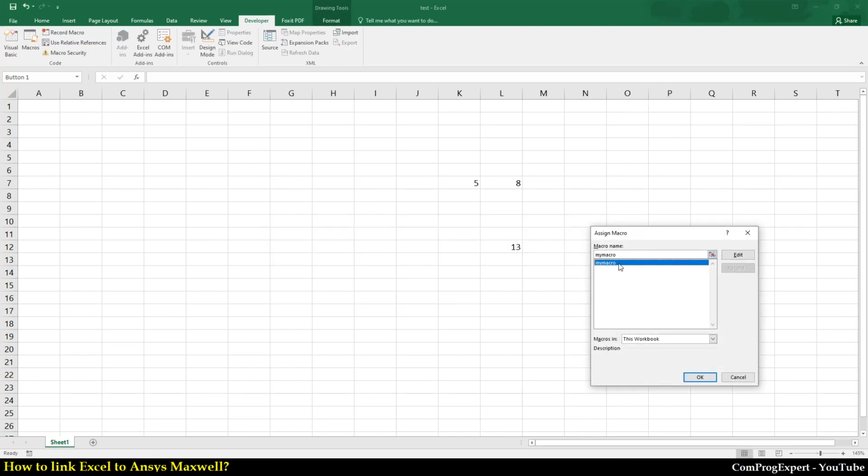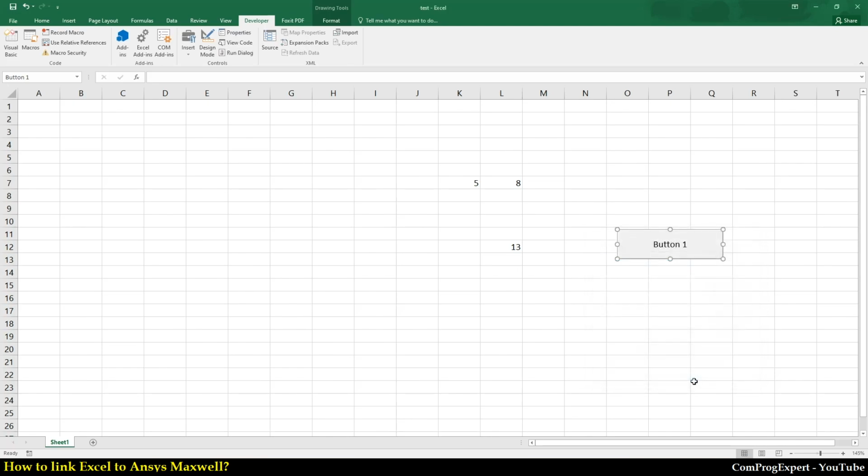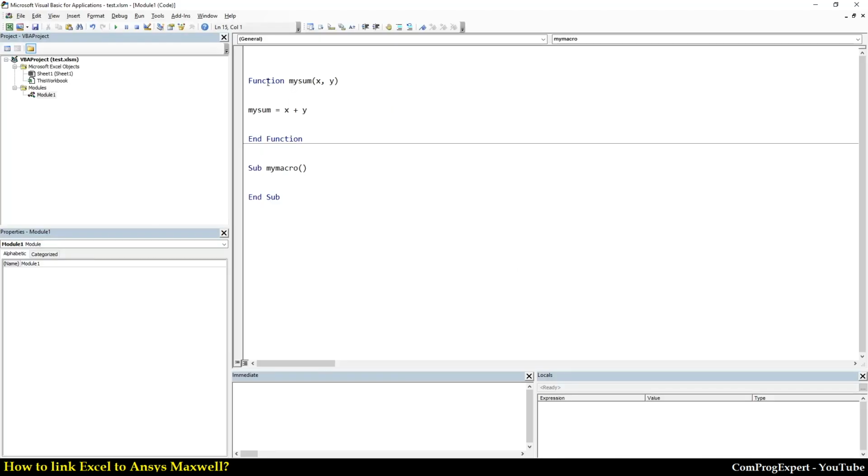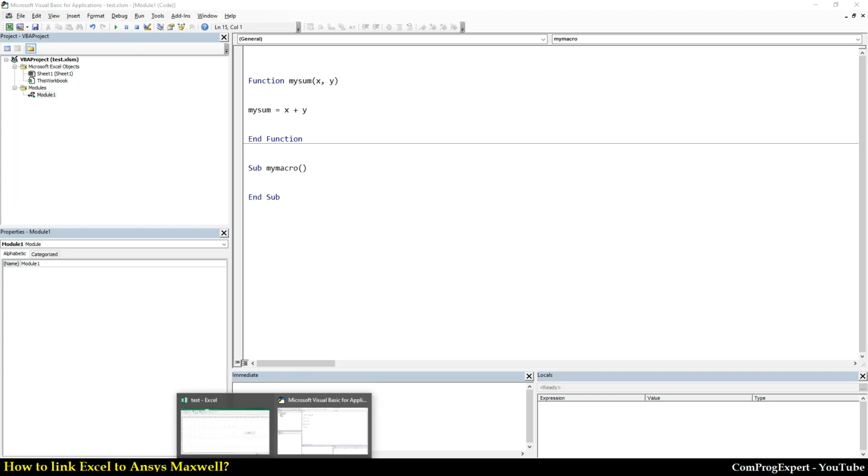Here you can see my macro. So the function returns a value, but the macro doesn't return a value. How can we run this macro and do the same thing that we have here? So we can do it